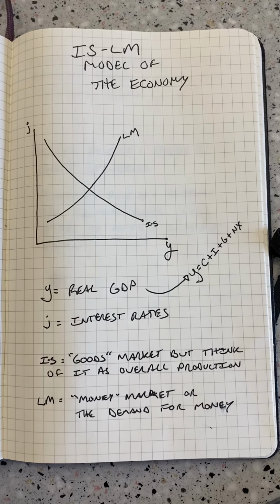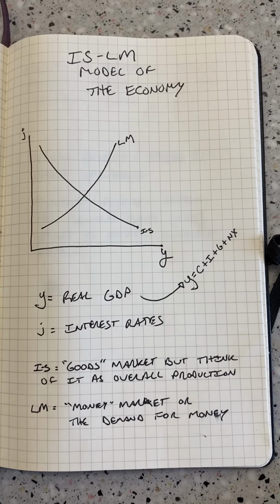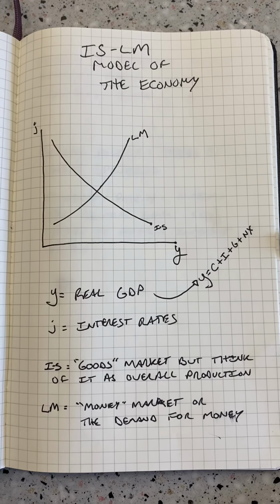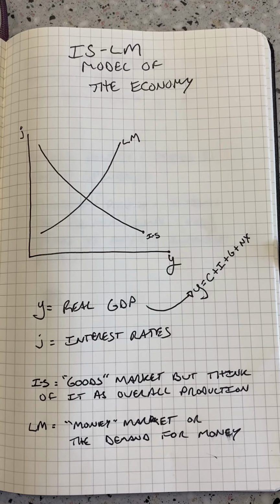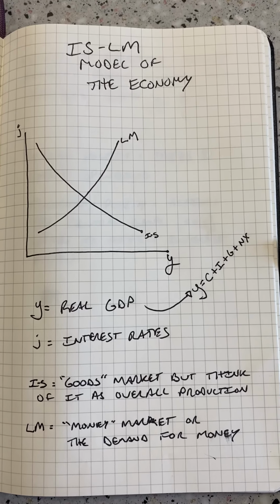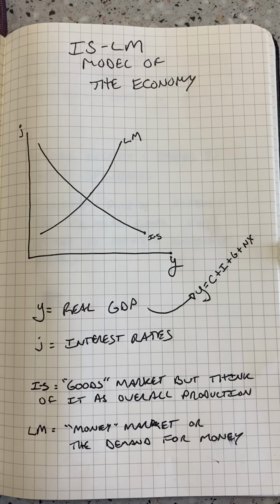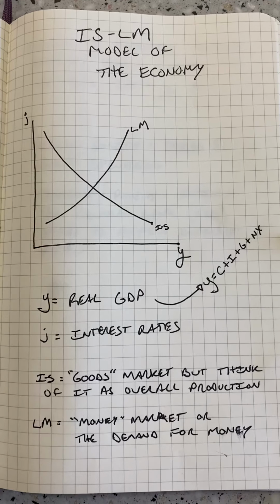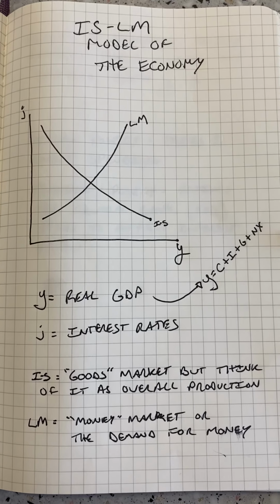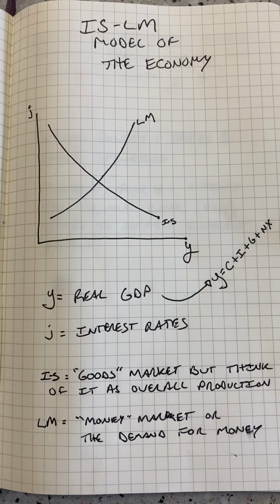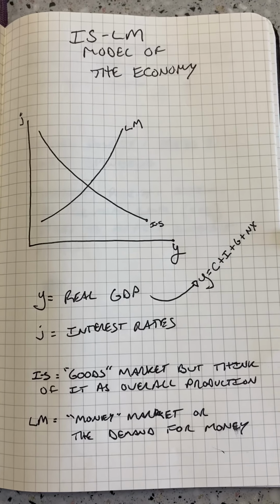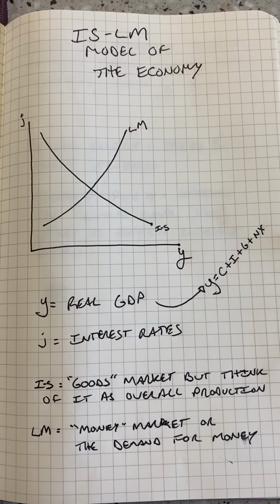The best way to understand how the government's actions, either through fiscal policy or monetary policy, is by looking at the economy through what's known as an IS-LM model, also known as a Hansen-Hicks model. In the IS-LM model, you have a two-axis chart that has interest rates on the y-axis and the real GDP